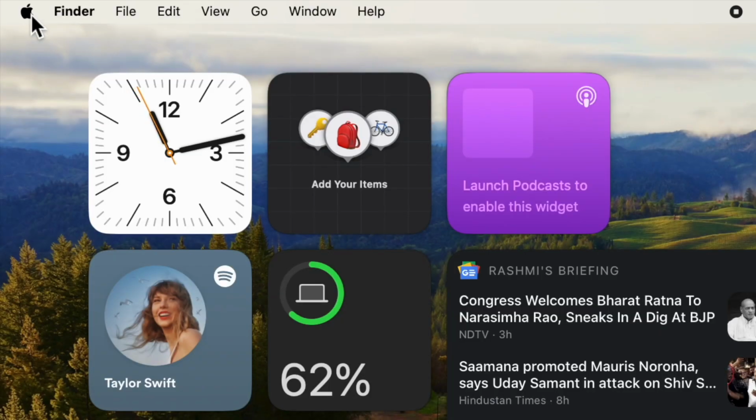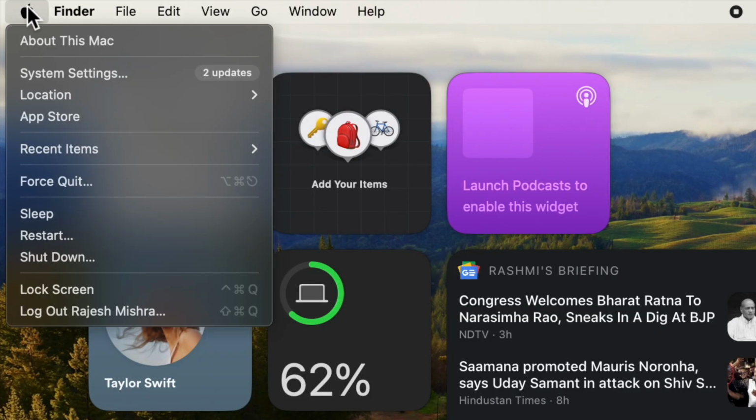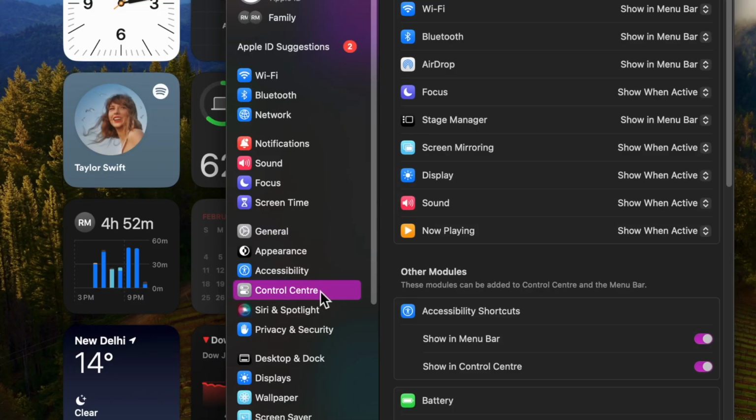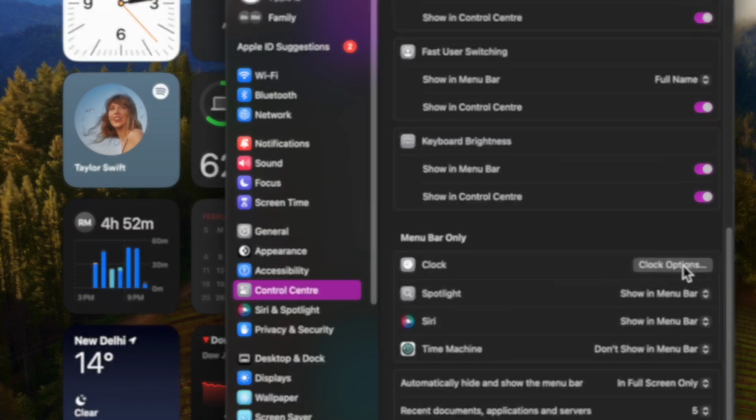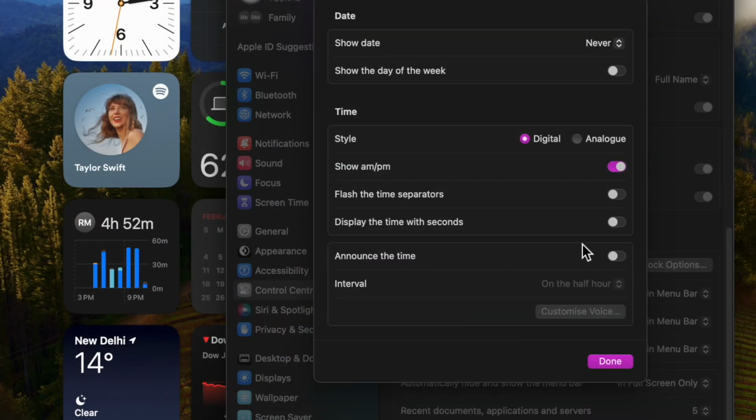First and foremost, click on the Apple menu located at the top left corner of the user interface and then choose System Settings in the drop-down menu. After that, scroll down and then select Control Center in the sidebar. Then head over to the menu bar only section and click on the clock options. In the pop-up window that shows up, scroll near the bottom and then turn on the toggle right next to